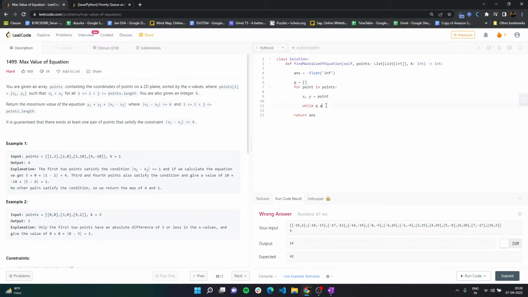While q is there, and if I go to the top, which is the 0th, and I check the first,